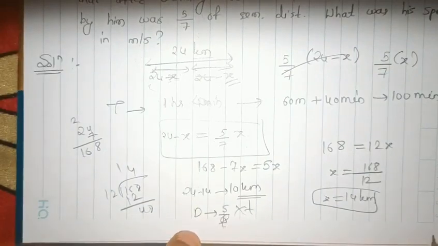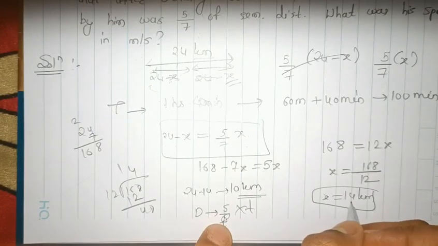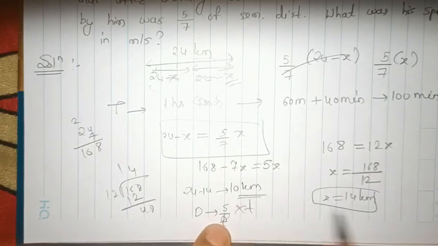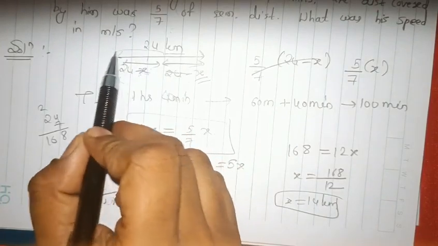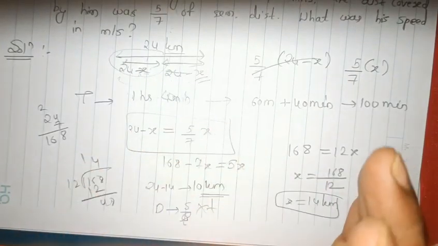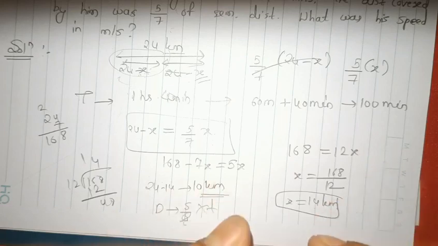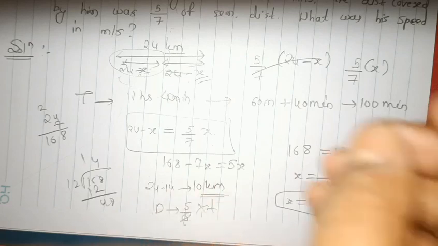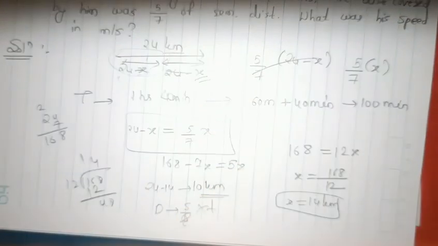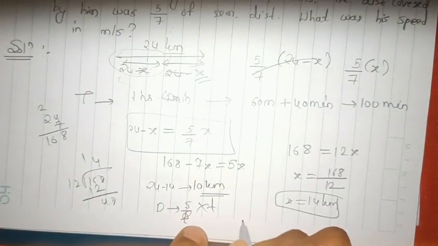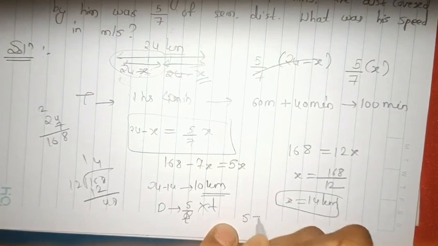And distance is given as 10 kilometers here. Why? Because for this first particular part, the distance covered is 10 kilometers. So we have to find the speed for that particular distance, because that is the distance covered by the man himself. So distance is equal to speed into time, and we want to find speed in meters per